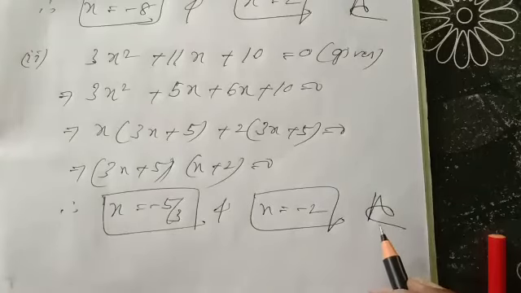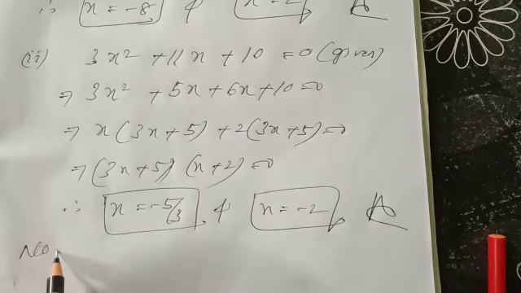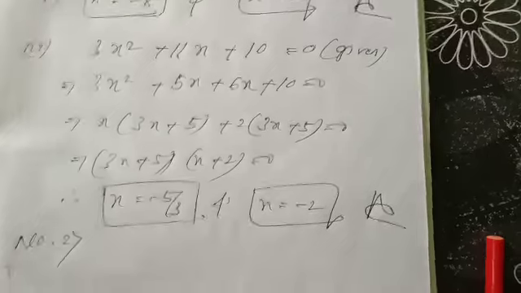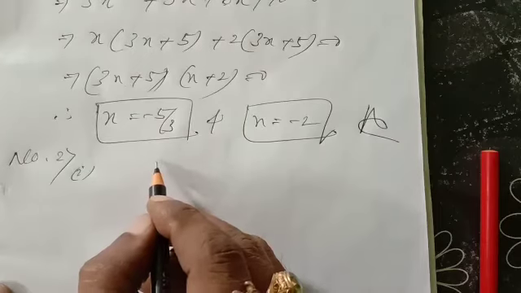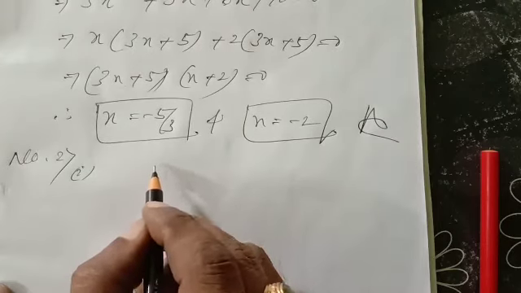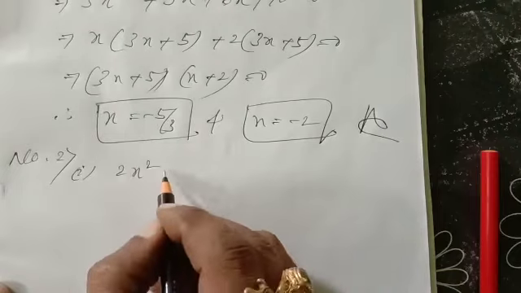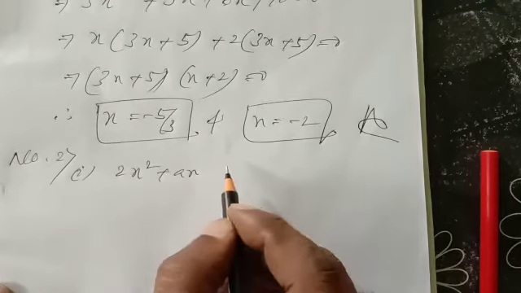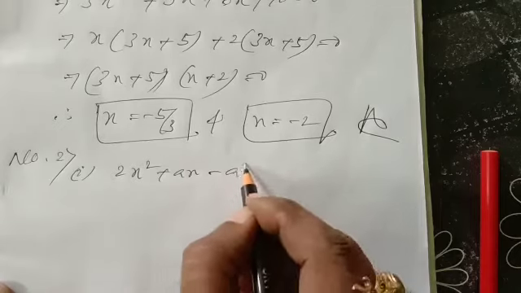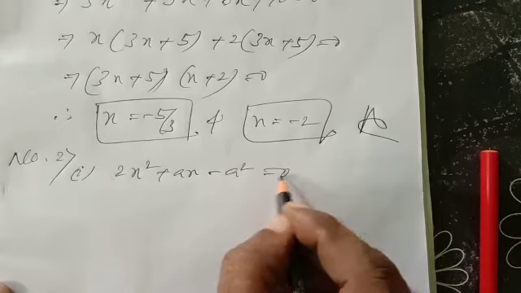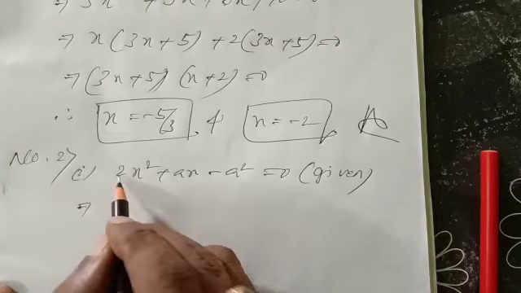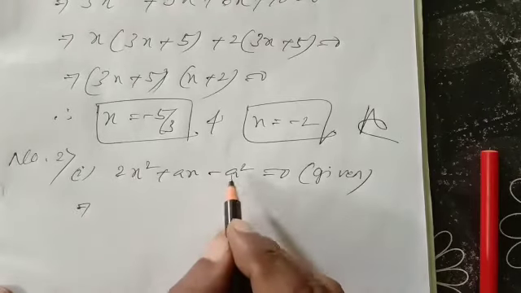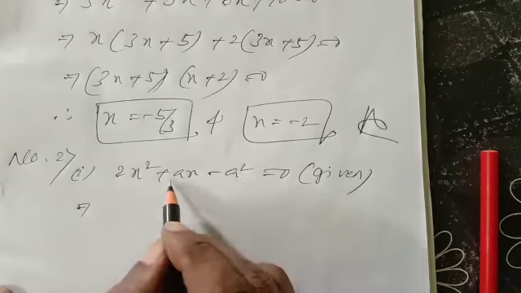Number 1, first part and second part, already completed from your book M.L. Agarwal, chapter test. Next I am going to question number 2. Question number 2, first part is given: 2x square plus ax minus a square equal to 0. Now you see 2 and here minus a square, that multiplication is minus 2a square and addition is plus a. So what are the numbers?